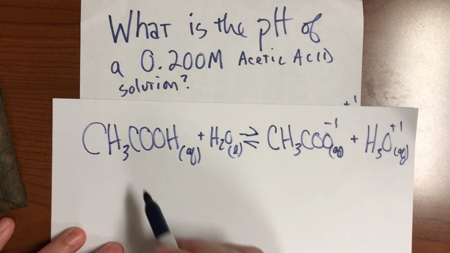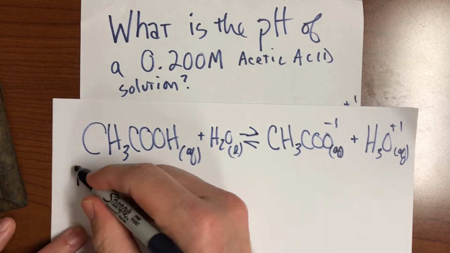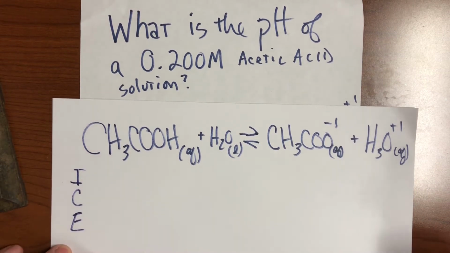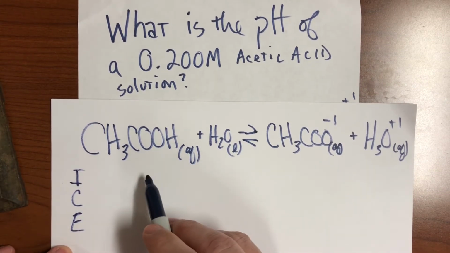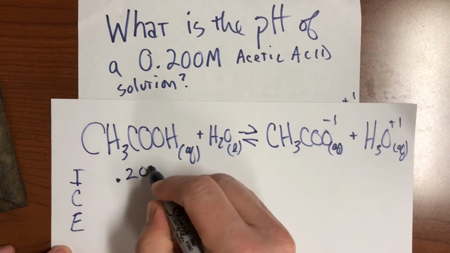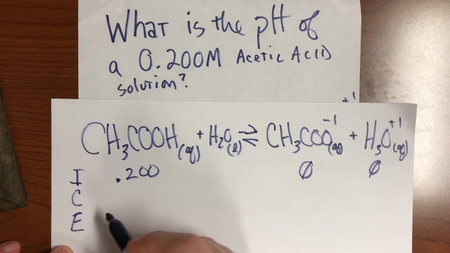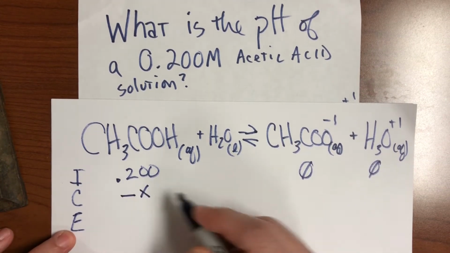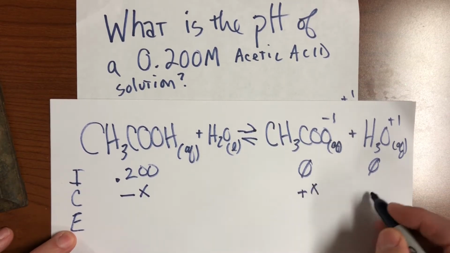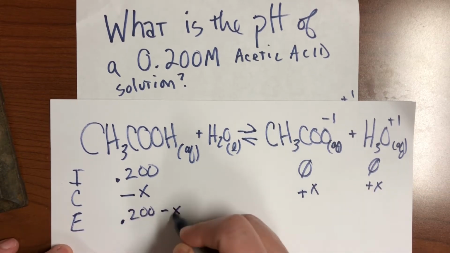So because it's weak, we cannot say that it all dissociates. So we're going to need to make an ICE chart. And the initial acid concentration is given in the problem. It's 0.200. Before dissociation, we have none of these things. The change, we're going to use up x here, all coefficients of 1. So we're going to make x here, and we're going to make x here. So at equilibrium, we're going to have 0.200 minus x,